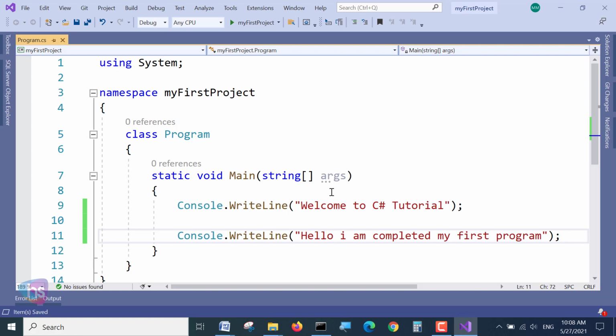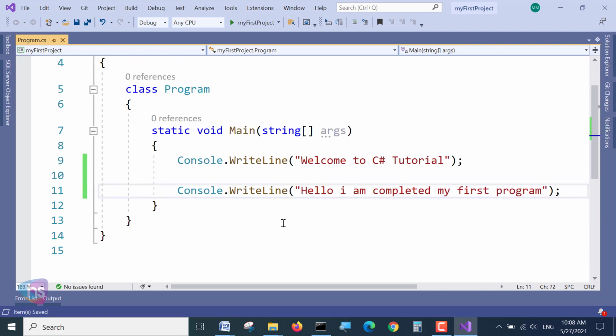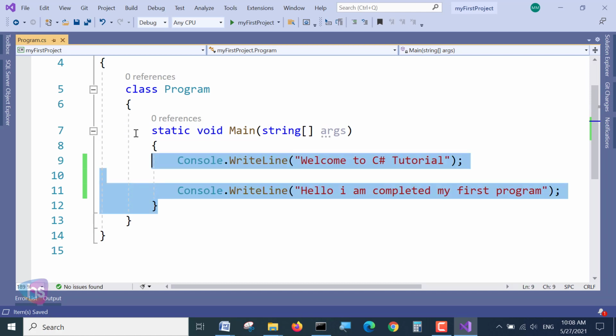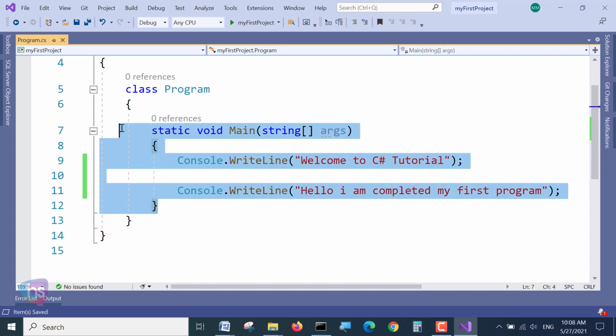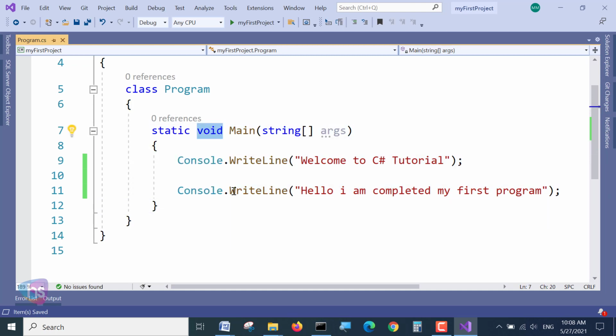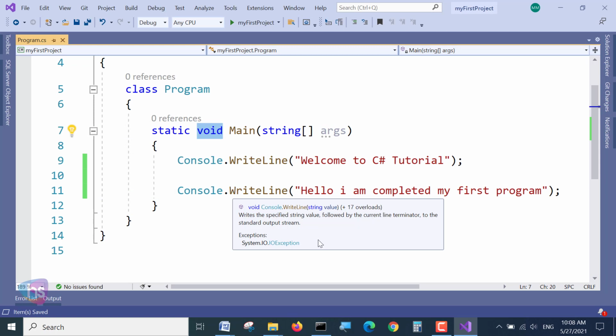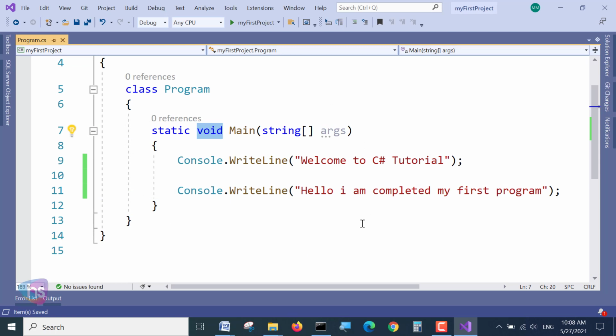All right. Now see, I have a few words over here: static void Main string arguments. Why is void required in this particular method? This is a method, the static Main method. The void tells you there is no return value from the function or method.